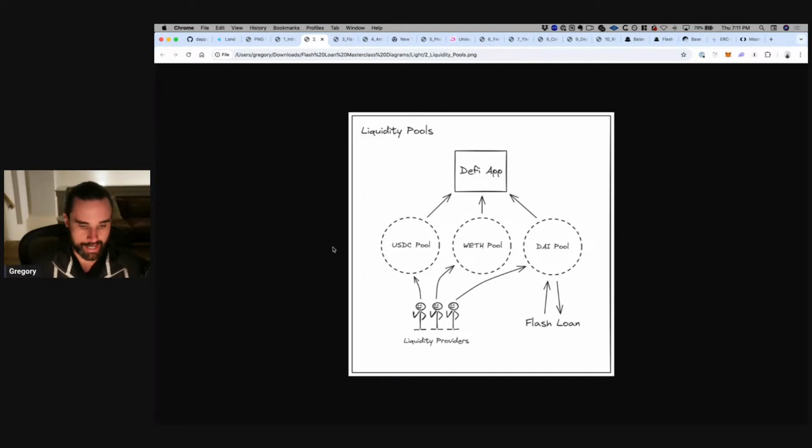So that is where flash loans come from. Because most DeFi apps have liquidity pools, you don't really see flash loan specific applications out there. You typically just see DeFi apps that offer a secondary feature, which is flash loans, because they're like, hey, we've got these liquidity pools sitting there, we might as well make use of them. Anybody can take out flash loans from liquidity pools because they're just paying it right back. It's only leaving our app for like one second, and nobody else can even use the app while they're taking out the flash loan anyway. So let's just open that up as a secondary feature. So that is where flash loans come from.